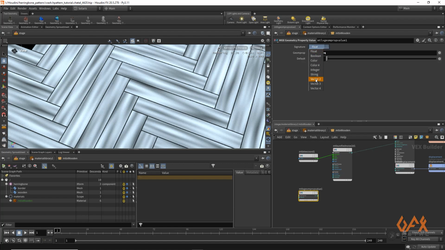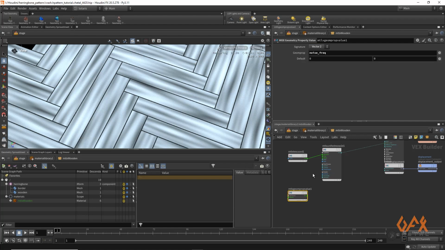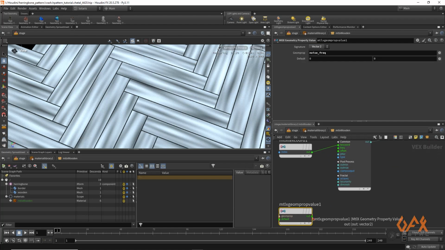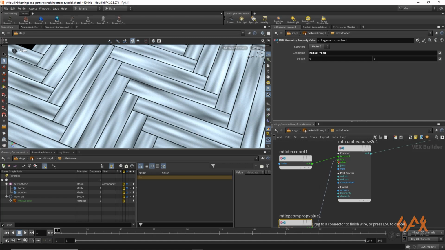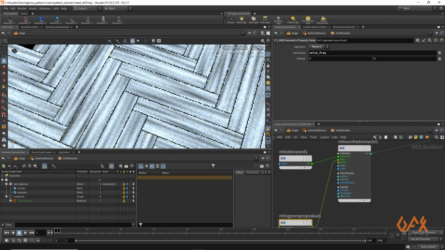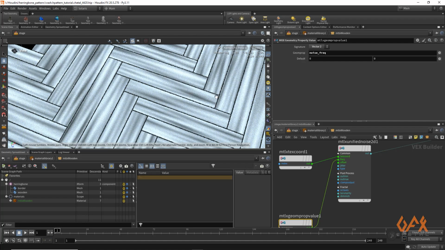So you have to define that signature for that. And now I'm going to apply that into my frequency. Okay, so now you get some different frequency on your tile.